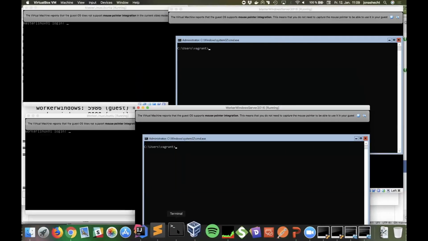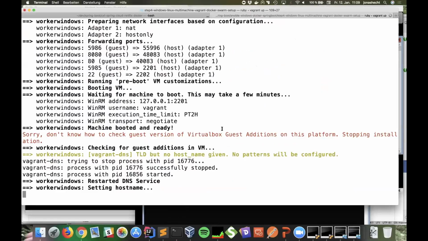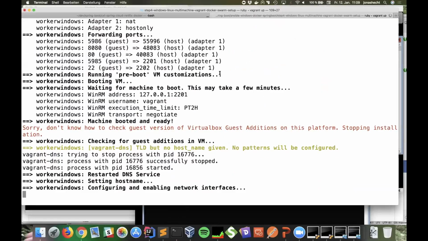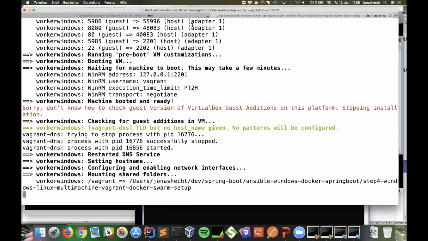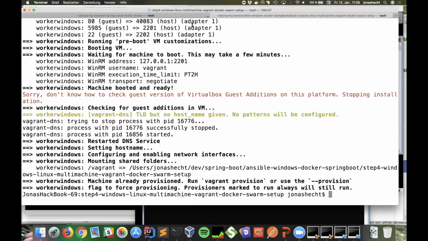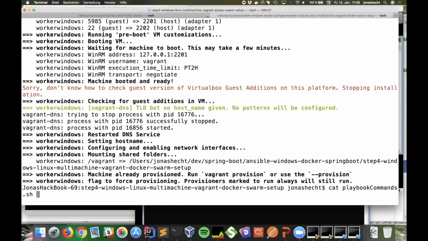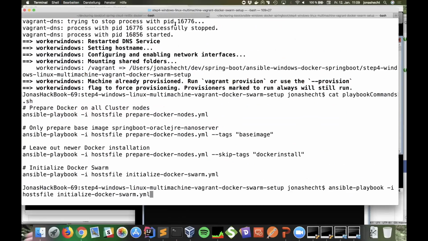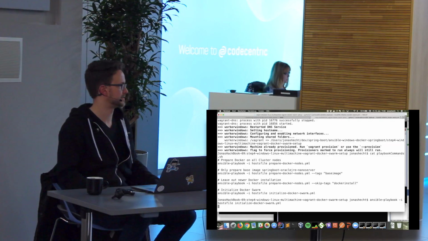So we have them all there, and we should now finally be able to initialize the swarm. So I hope they are there already. Let's see if this works.